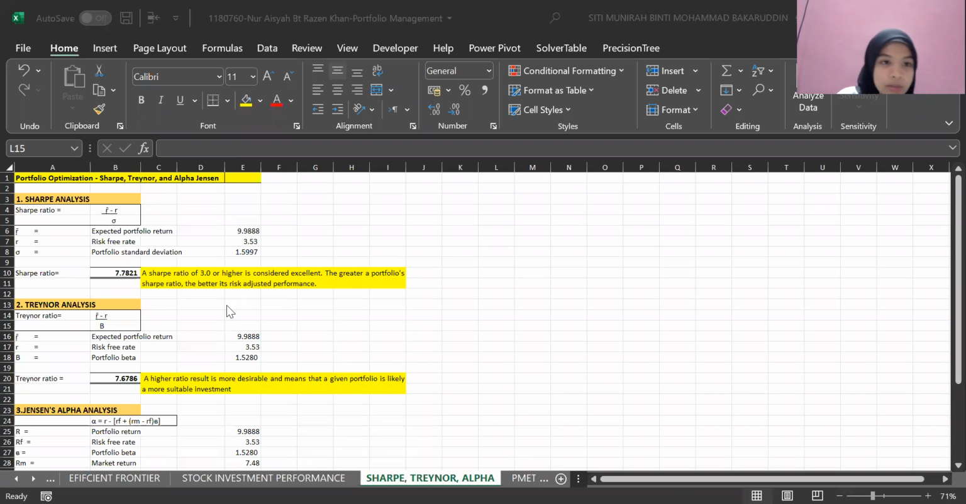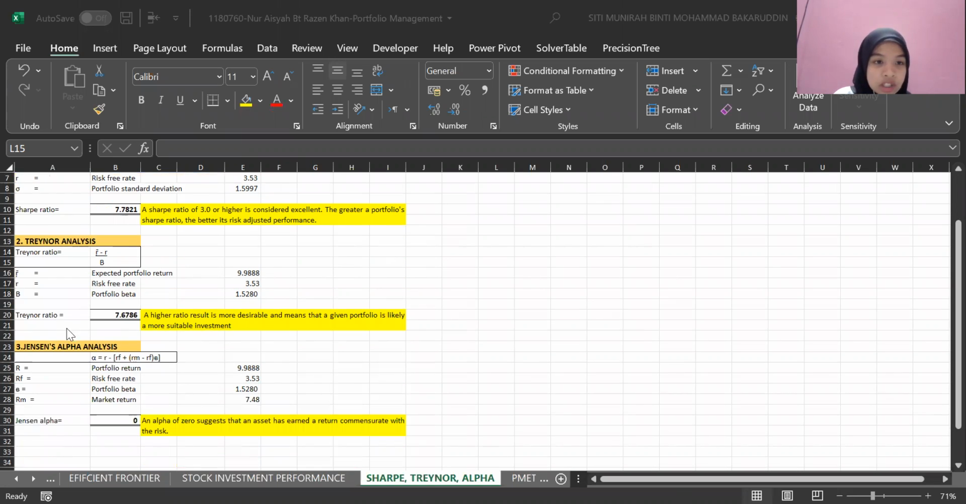And lastly, for my portfolio optimization for Sharpe, Treynor and Alpha Jensen. Okay, for my Sharpe ratio, I get 7.7821, which is a higher ratio, and this is considered excellent because the greater a portfolio's Sharpe ratio, the better its risk-adjusted performance. And next, for my Treynor ratio, I get 7.6786, and this is considered a higher ratio and is considered good because a higher ratio result is more desirable and means that a given portfolio is likely a more suitable